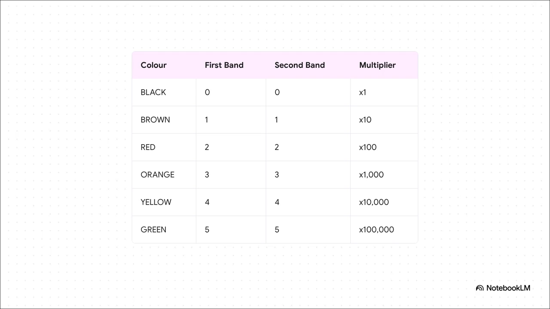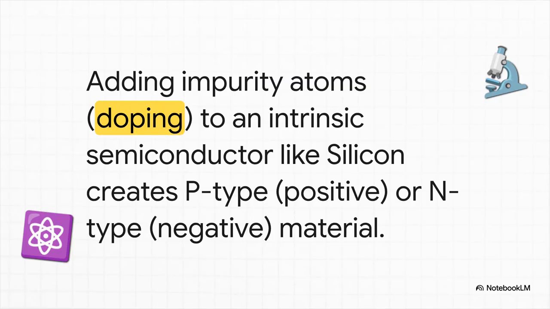Say you have a resistor that's orange, orange, brown. Okay, we look at the chart. First band, orange, is a 3. Second band, orange, is another 3, so we've got 33. The third band, brown, is the multiplier. The chart says that's times 10, which just means add a 0. So 33 with a 0 is 330 ohms. See? It's that easy once you know the code. Now this is where things get really, really clever.